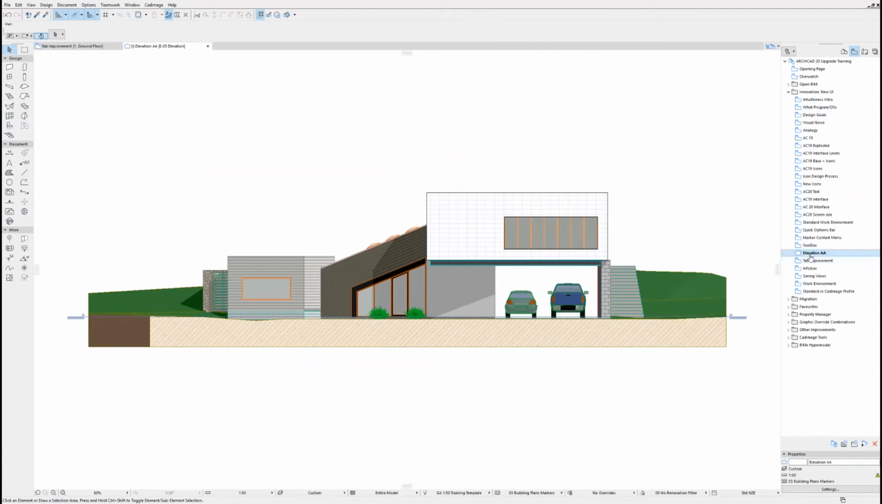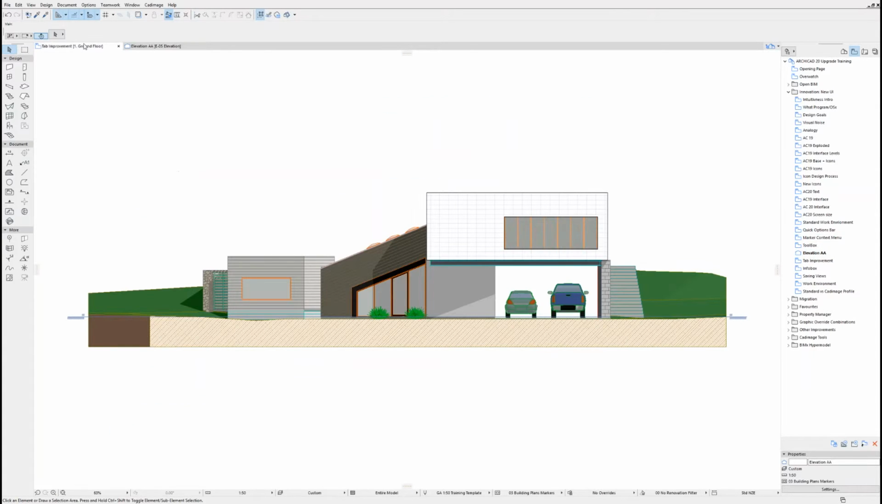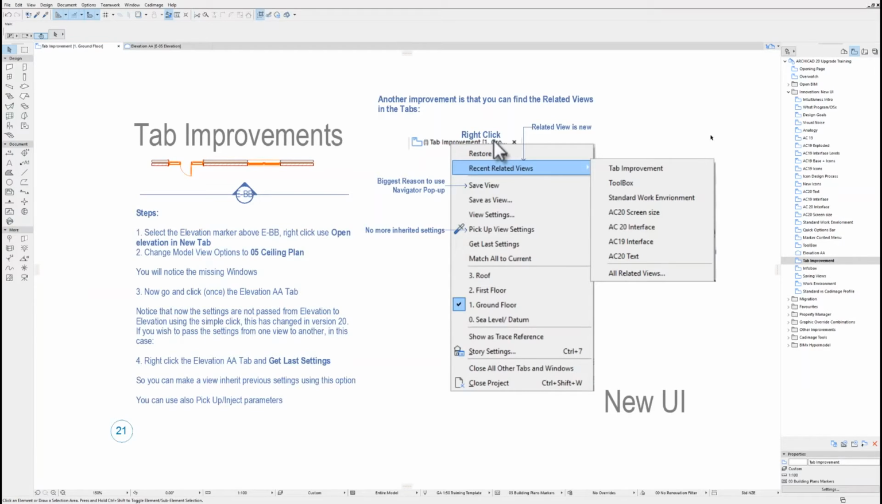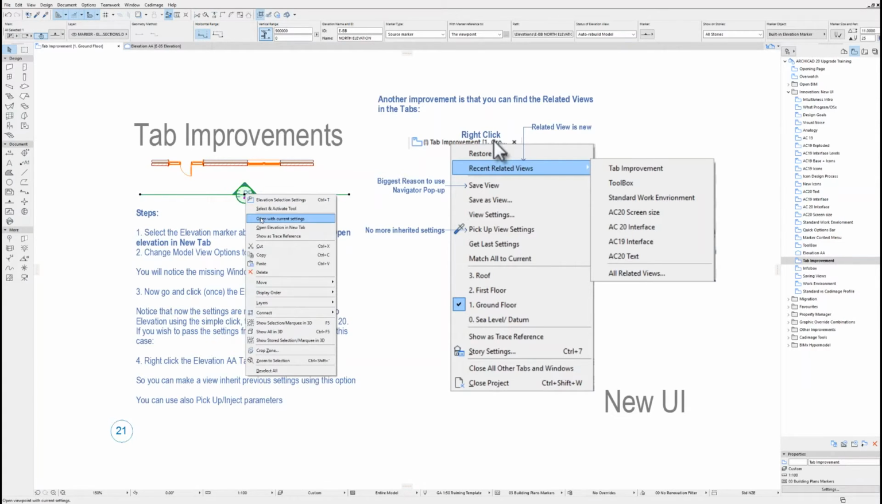When I have this, this is actually an elevation, okay, and this training file that you will be able to download from the link we'll send later today. This training file in ARCHICAD has all the instructions of the things we're going to be doing through this whole training session. So the first thing we wanted to show you here is that with this elevation marker we can